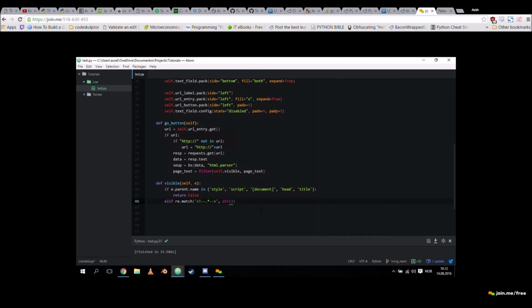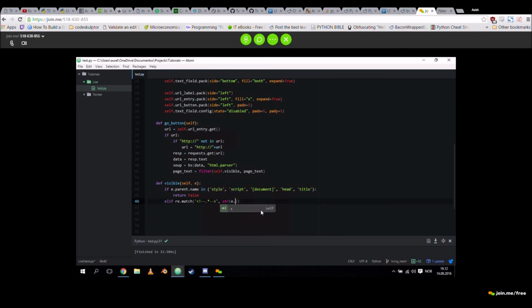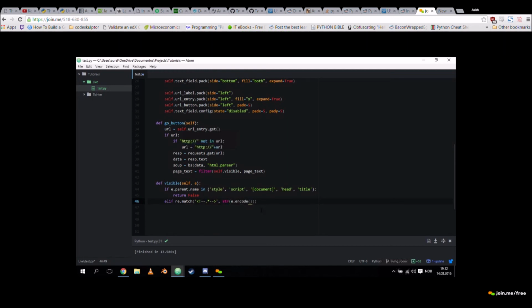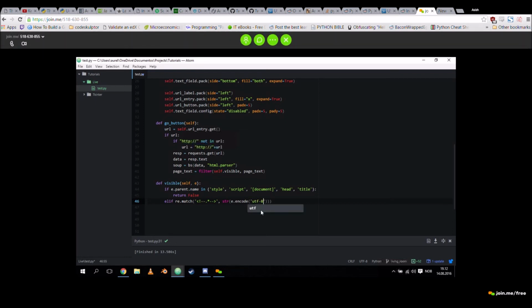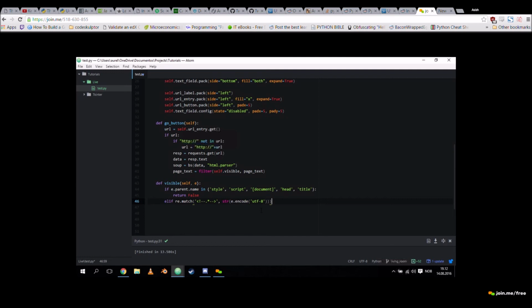And then we have to stringify and encode. So we take the element and encode it to UTF-8, obviously, which can be a problem when you're dealing with HTML stuff. And in this case, we also return false. In every other case, we return true.